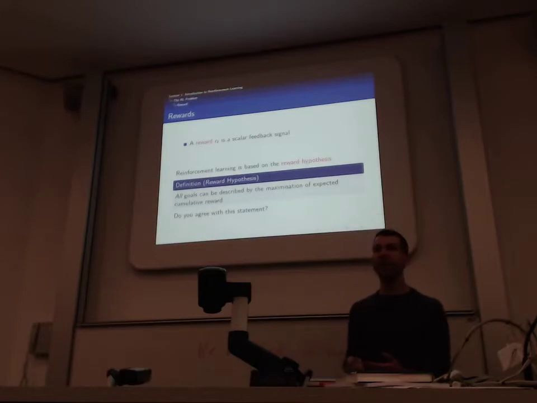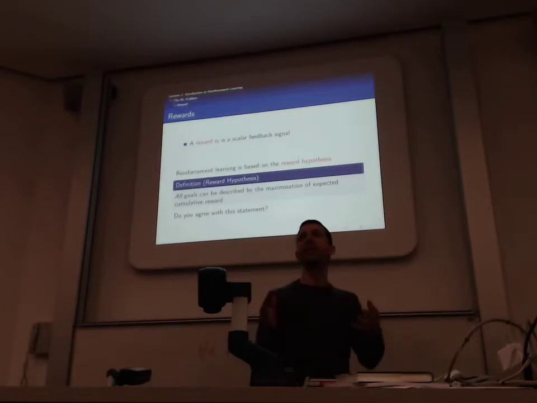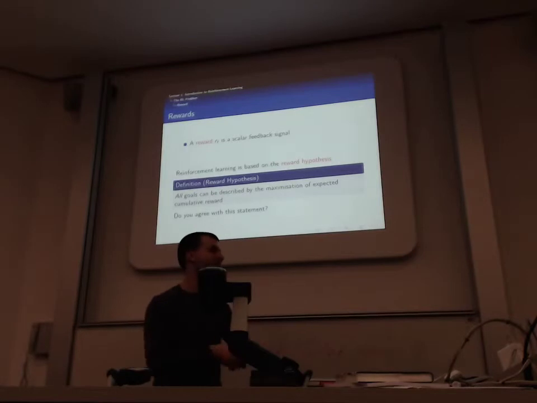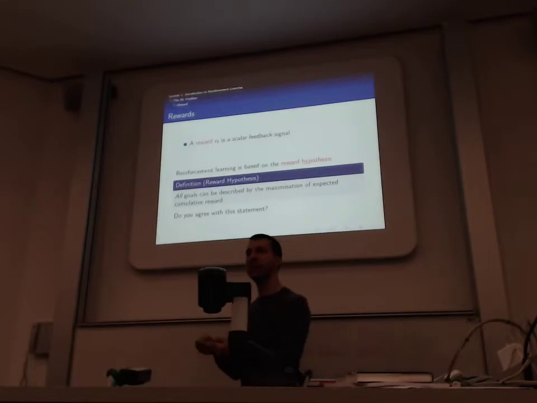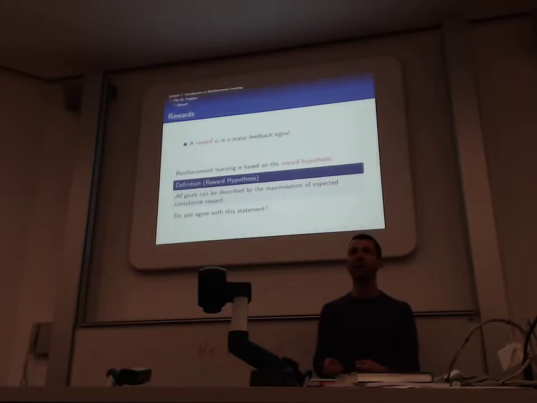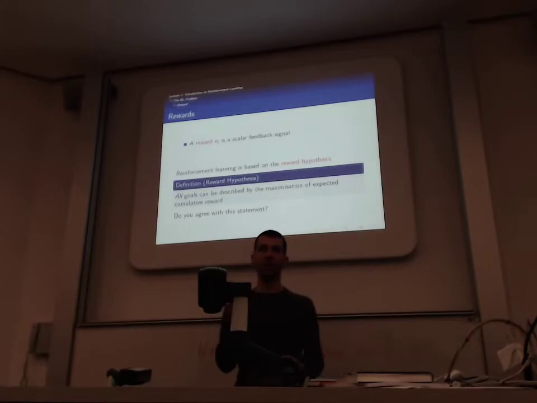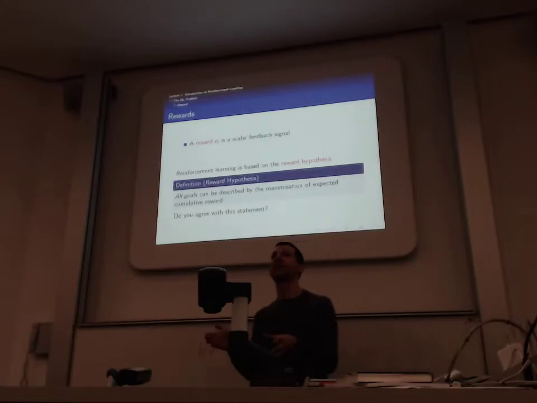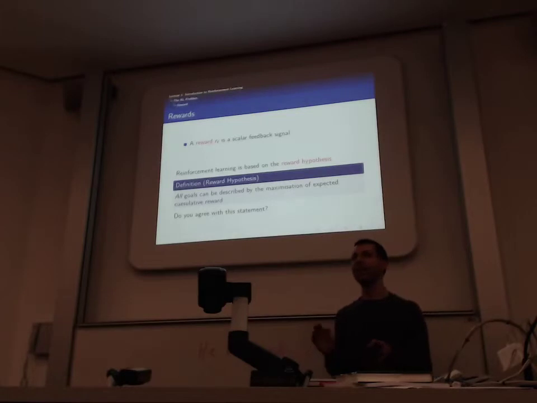The hypothesis is that everything which we mean by decision-making, by goal-seeking agents, by systems that have some purpose, this is for both biological animals and artificial agents, machine learning, anything where there's some system that has some purpose, the hypothesis says that all of these different goals can be described in the same way by the maximization of a single scalar reward signal. So it can always be broken down into a single scalar reward signal, which might be like a pleasure-pain signal that an animal is trying to maximize over time. I don't expect everyone in the room to agree with this statement, but it's certainly interesting to think about,